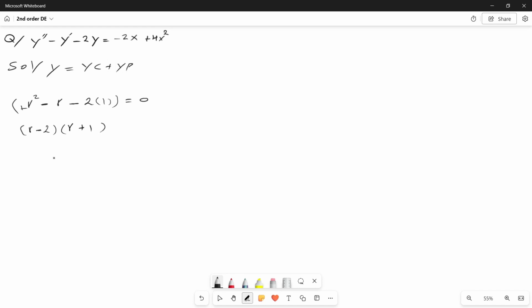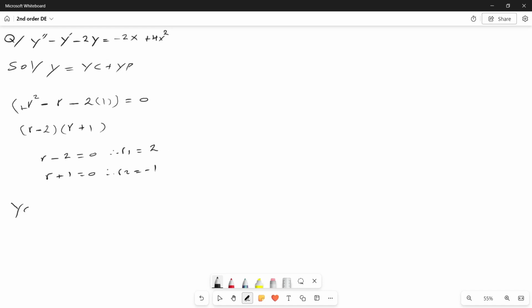Therefore, our roots are r minus 2 is equal to 0. Therefore, our first root is equal to 2. r plus 1 is equal to 0. Therefore, our second root is equal to negative 1. Since our roots are real in value and are different,